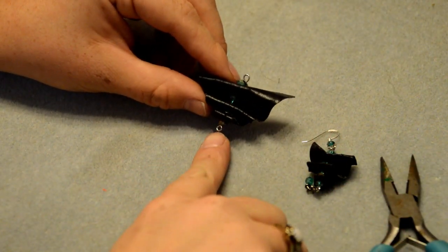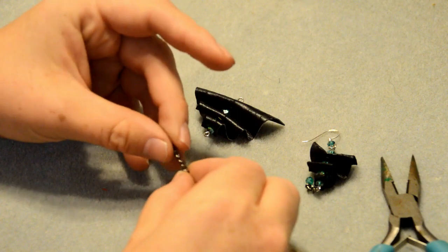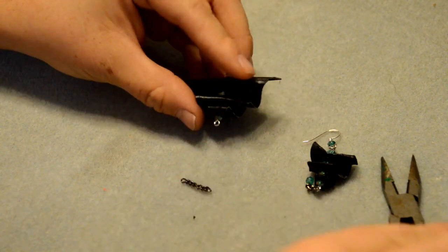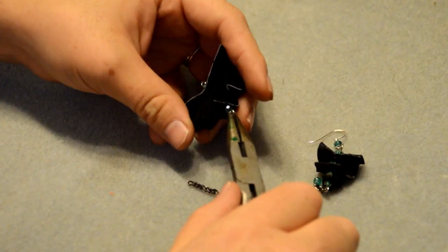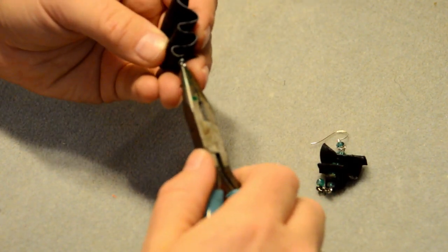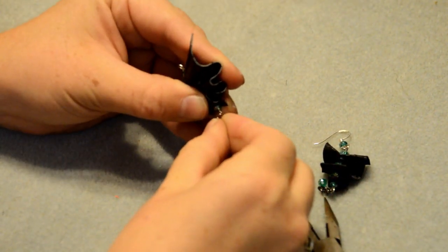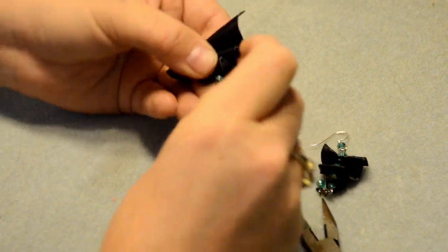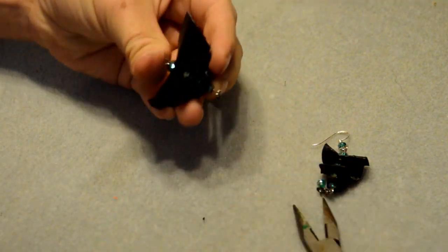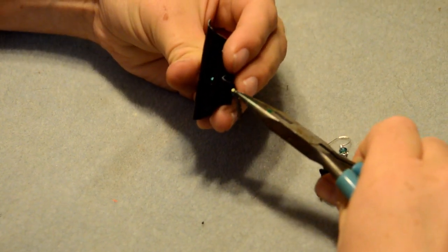Okay, so we have our loops at the bottom and at the top. I have this black and gold shiny chain that I will be attaching to my loop at the bottom. So again, take our needle nose pliers and we're going to open that up just enough to slip on our chain. Okay, so chain is on. And then we're going to shut it again with our